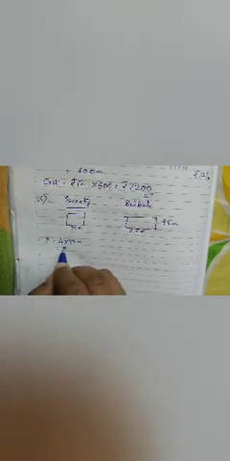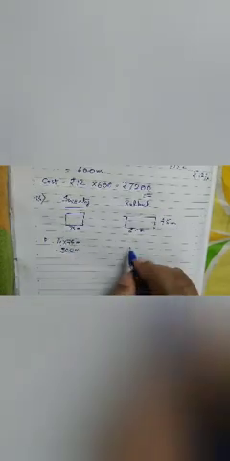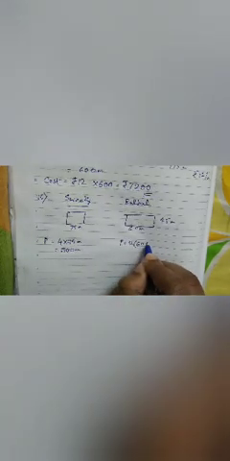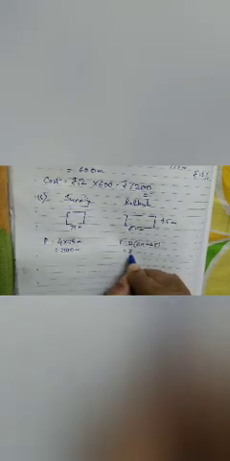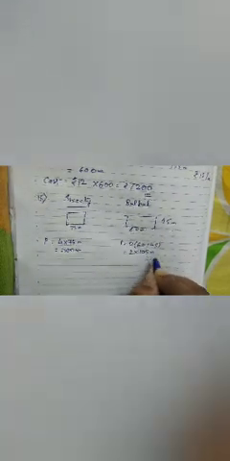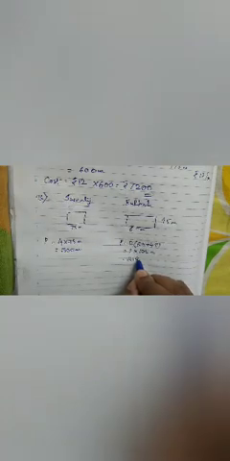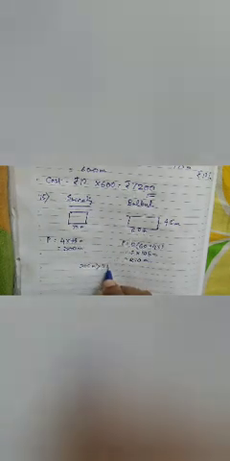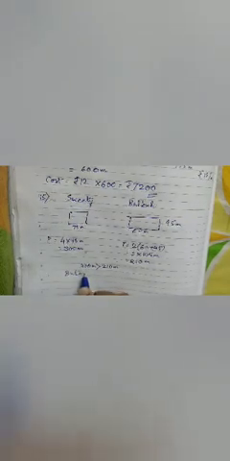So I will find the perimeter over here. 4 into 75 meters, that is equal to 300 meters. And here, it is a rectangle, so perimeter is 2 into 60 plus 45, that is equal to 2 into 105 meters, which is equal to 210 meters. So which is lesser? I have 300 meters is greater than 210 meters. Therefore I can say Bulbul covers less distance.